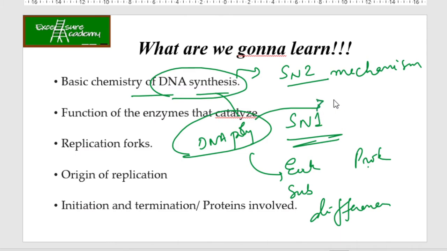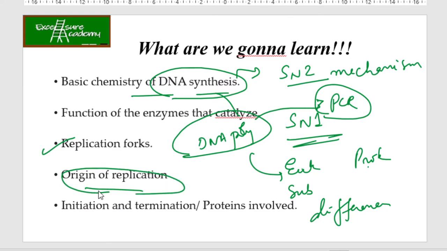Now what kind of DNA poly is used in PCR and why it is used? So इस तरह के जो questions होंगे जो आपसे कभी भी पूछा जा सकता है, you have to be very much thorough with this. ठीक है, then we are going to talk about the replication fork. तो replication fork क्या है, origin of replication, or why this origin of replication is important. So already we have mentioned that we have got the multiple start sites of the replication.